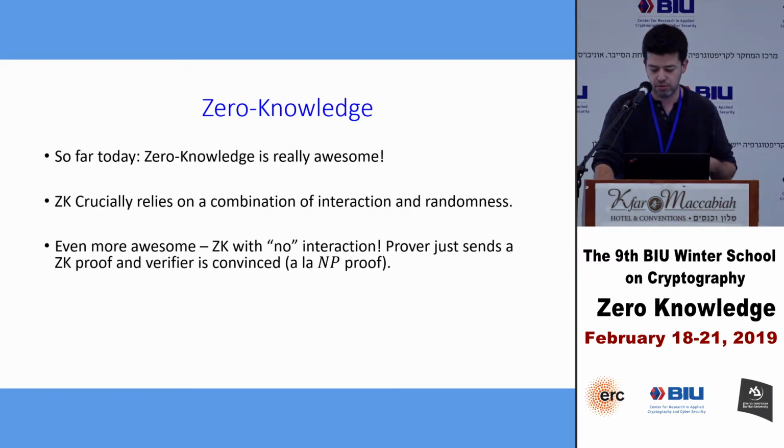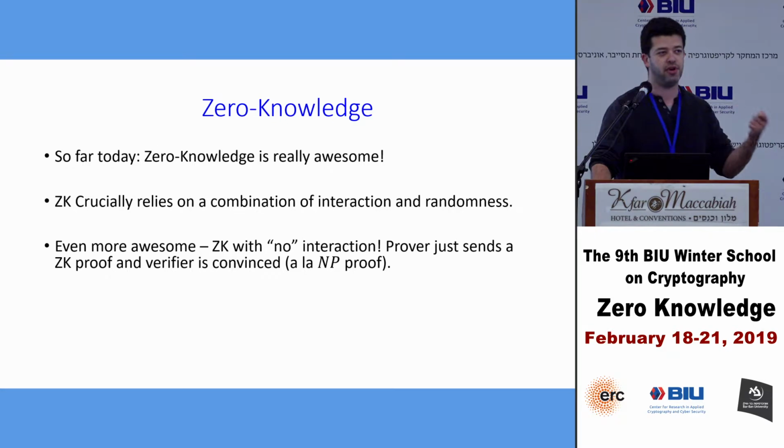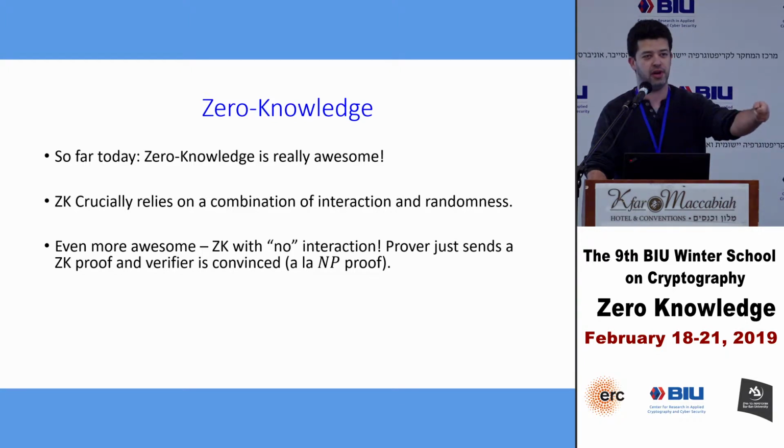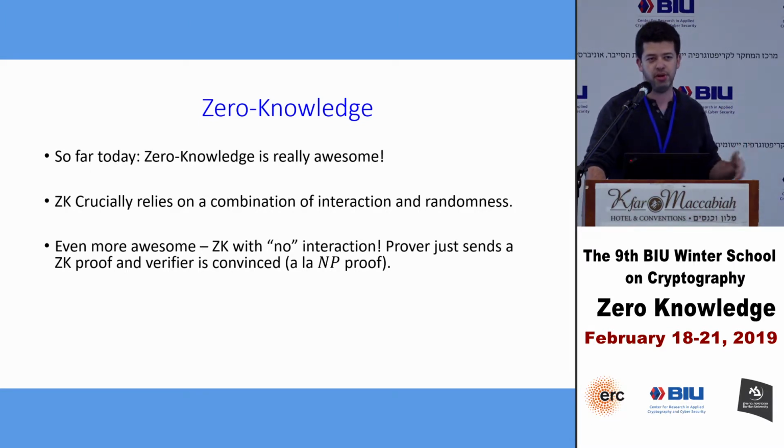And wouldn't it be really awesome if we had non-interactive zero knowledge, meaning that instead of this back and forth ping pong between the verifier and the prover, the entire interaction only consisted of a single message sent from the prover to the verifier. Very much like an NP statement, the prover is trying to convince you that a graph is three-colorable, sends the three coloring, and that's that. Wouldn't it be great if you could do that in a zero knowledge way?